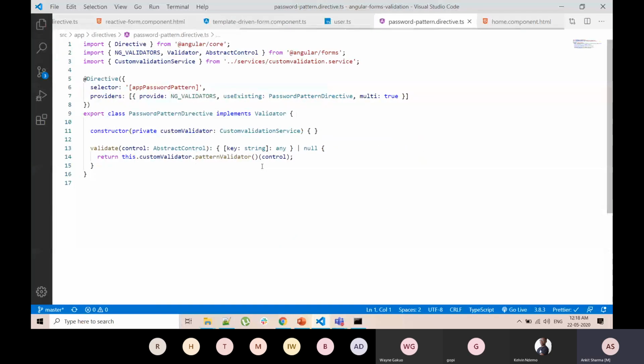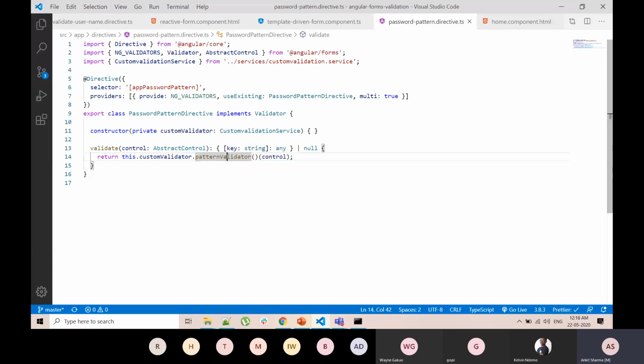Again, it is similar to the username directive which we have seen earlier. The name is defined over here, app password pattern, and it will also implement the validator interface, and then implement the method called validate, take the abstract control as an argument, and then call our pattern validator method, and it will return the control.